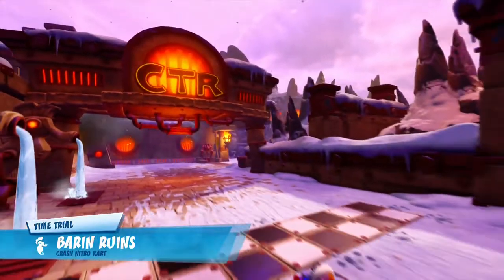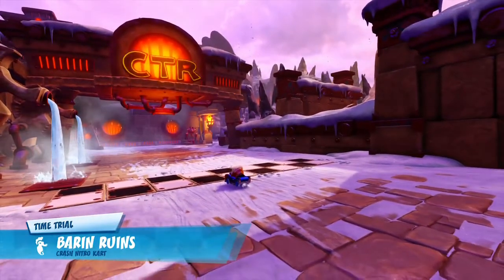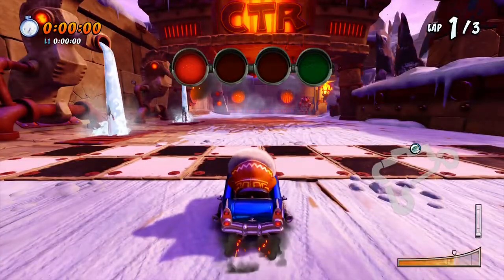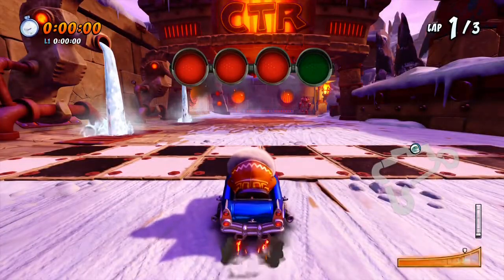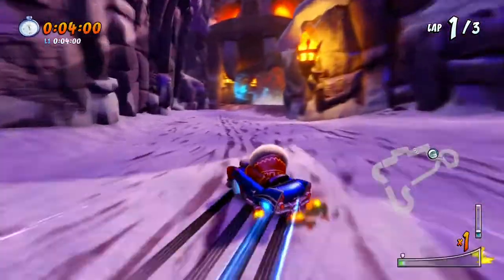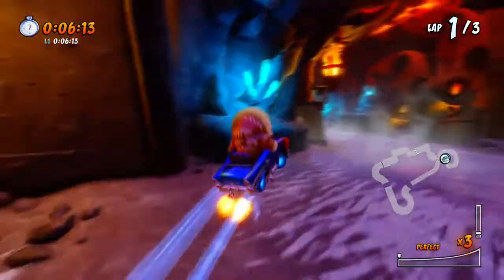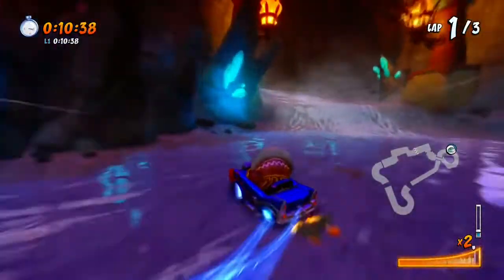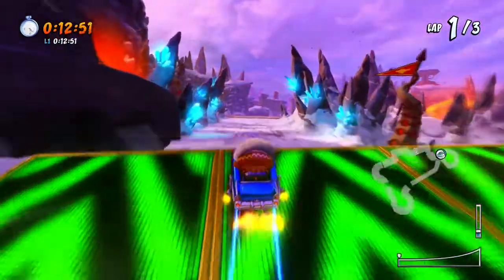Alright, let's go into Barin Ruins. With a lot of seahorses for some reason. Like, seriously, seahorses? Who designed seahorses in this? I don't even remember that in the original. It probably is in the original, but I don't know. Seahorses? Was there supposed to be a seahorse character in this game or something? In Nitro Kart, that is. If there's one in Nitro Fueled, I would love that, but...